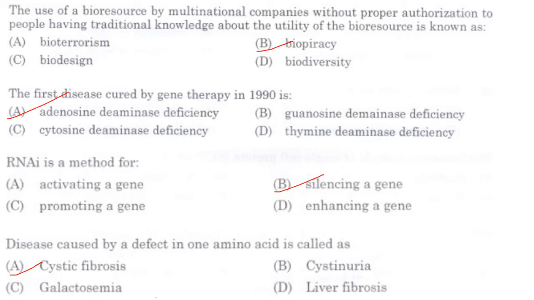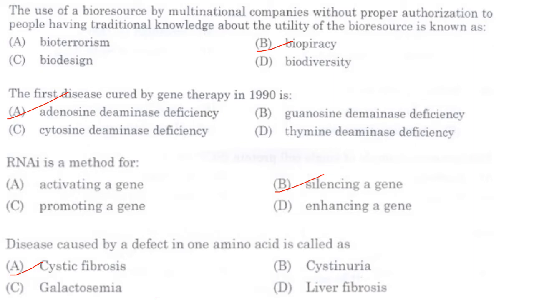Then RNAi is a method for activating a gene, no. Promoting a gene, no. Silencing a gene. So answer is option B, silencing a gene. Disease caused by a defect in one amino acid is called as. Now, cystic fibrosis is caused by mutation in the gene cystic fibrosis transmembrane conductance regulator. The most common mutation is a deletion of 3 nucleotides that results in a loss of amino acid phenylalanine at